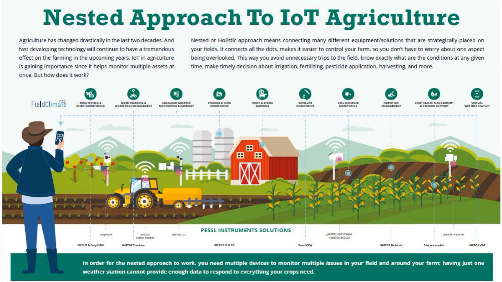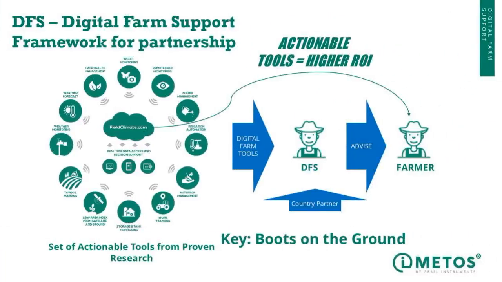I need to use satellite data. I need nutrition management information on the fly. There's a lot of things that need to be tracked. So it's a whole host of solutions, including things for insect detection, standardized weather, even animal welfare. So in our toolbox at Pessl Instruments and Metos Canada, we have a whole host of different devices that we can implement in what we call this nested approach to Internet of Things for agriculture today. And it's growing, very much growing each day in terms of what we can do.